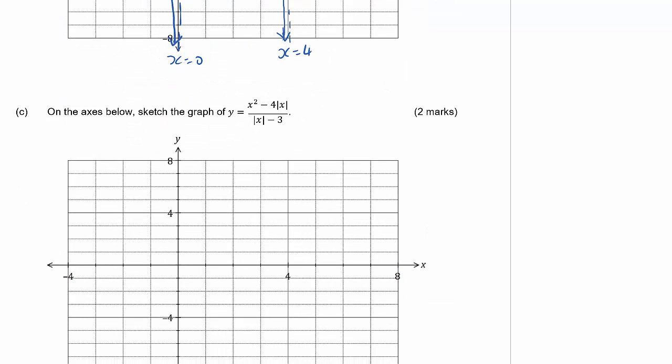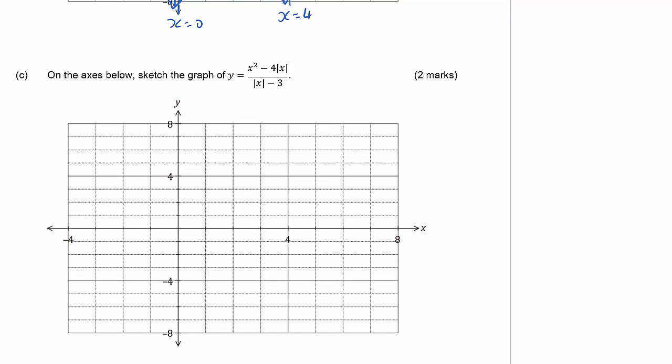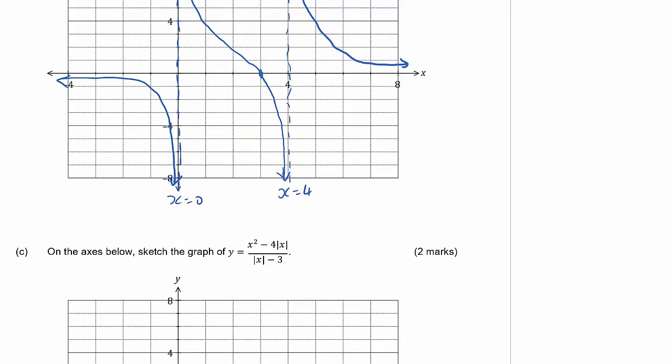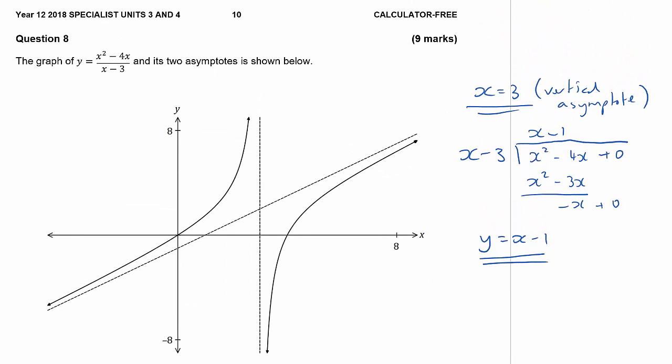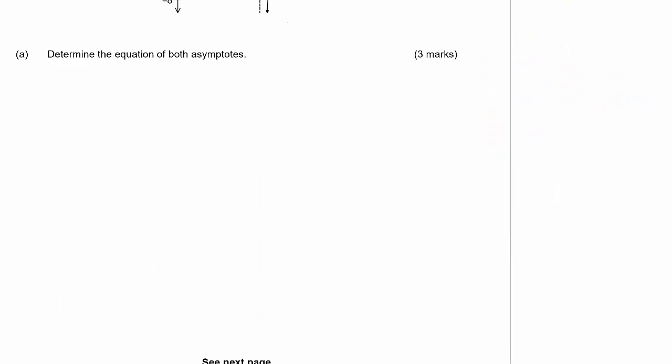On the axes below, sketch the graph of y equals (x squared minus 4 mod x) over (mod x minus 3). Okay, so that's this one, but with a mod x there and there, and of course it doesn't matter whether we have a mod x there or not, because we're squaring. Now if you do an f of mod x, what you get is a reflection in the y-axis. So what we're going to have